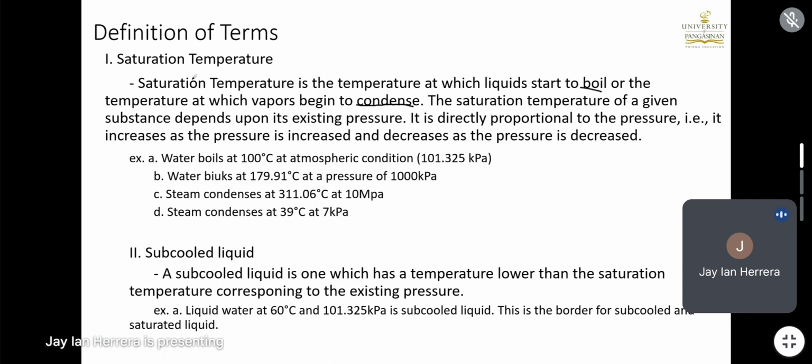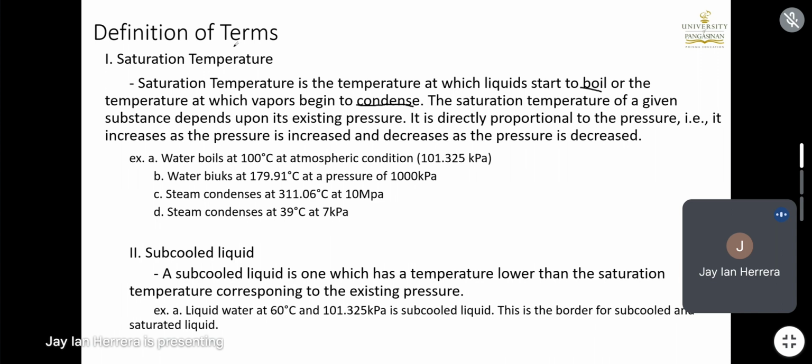So this is technically the border conditions of the properties of water before it vaporizes, and then before it precipitates, or goes back into liquid form, or condenses. So an example given for saturation temperature is, letter A, water boils at 100 degrees Celsius